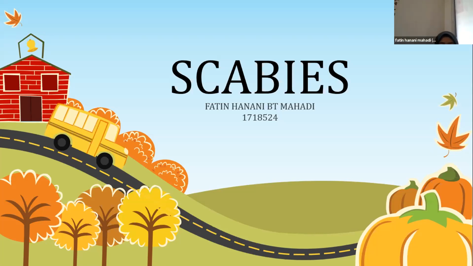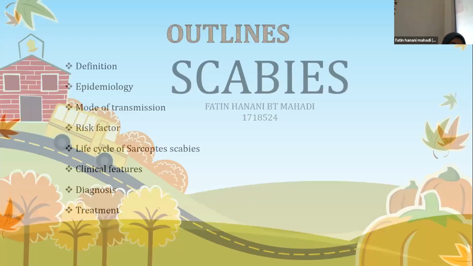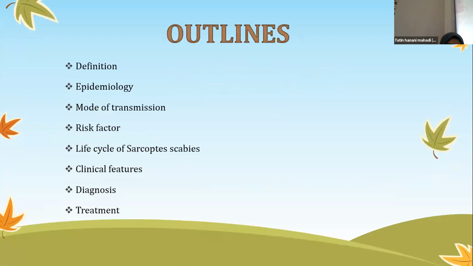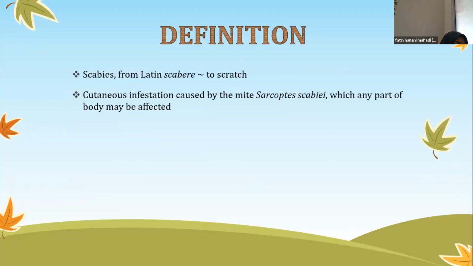Assalamualaikum warahmatullahi wabarakatuh. My name is Fatin Hanani binti Mahadi and I'll be sharing regarding scabies. This is my outline. First, let us go to the definition of scabies. Scabies comes from the Latin word which means to scratch. It is a cutaneous infestation caused by the mite Sarcoptes scabiei, in which any part of the body may be